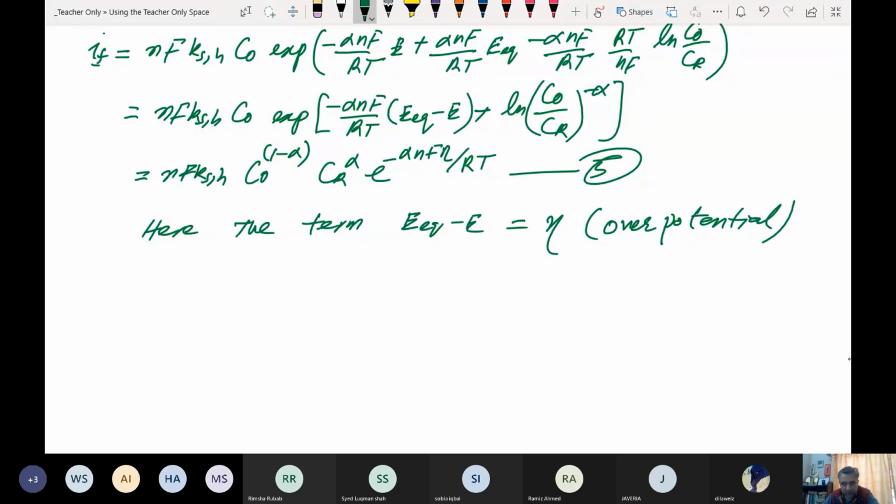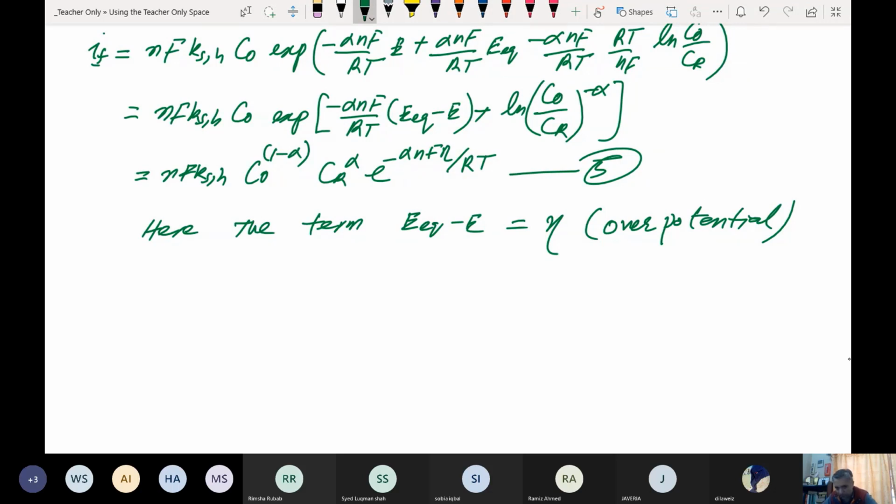So before that you just applied a potential, but now you have a net potential which is driving the current. You can see that you have an equilibrium potential, and then you have an applied potential which is driving the process in a certain direction. Because in the last lecture, we talked about that when we apply the potential, we move the process from equilibrium to a non-equilibrium state.